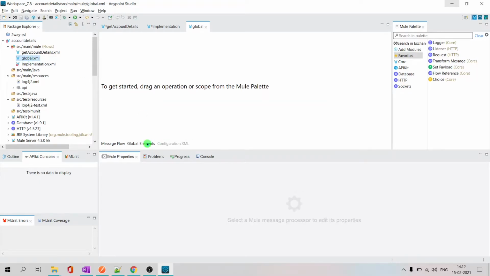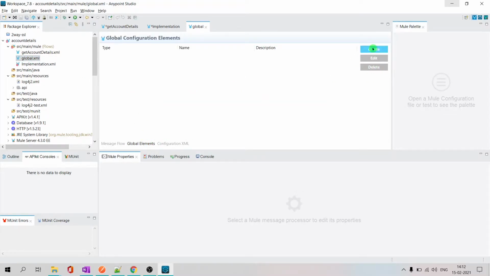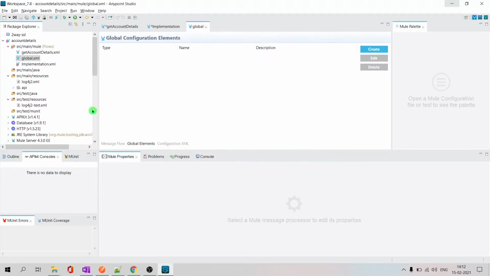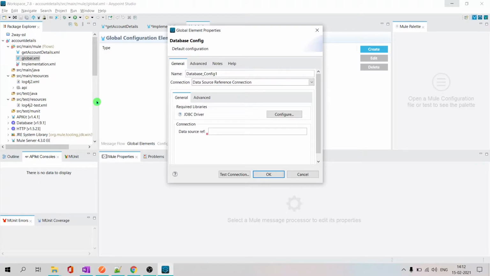here we create all the connector configurations. Go here, create, select database. So once you get a new project, I mean on some old project which was completed a few months earlier, you are making some changes, enhancement or some change in configuration or some change in the database connectivity, you'll just go to global.xml and you'll have all the details of all the connectors, right? So that is the purpose, that is the intention there.